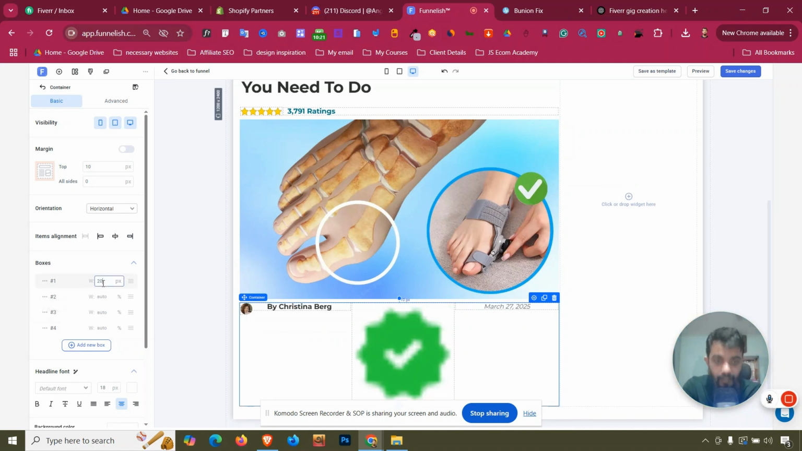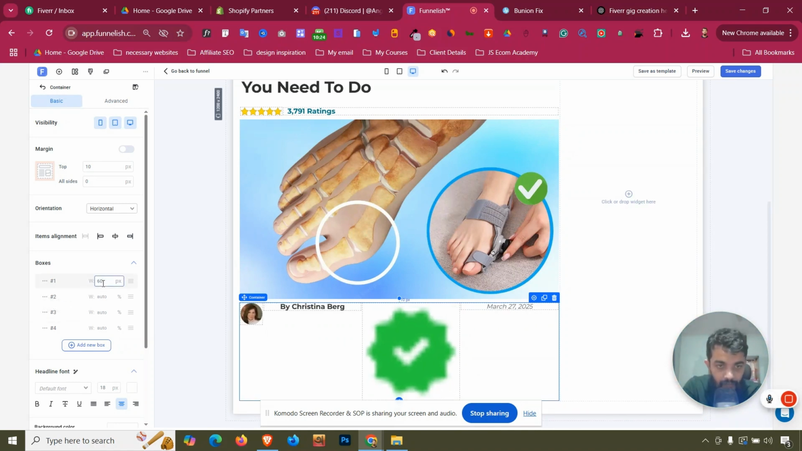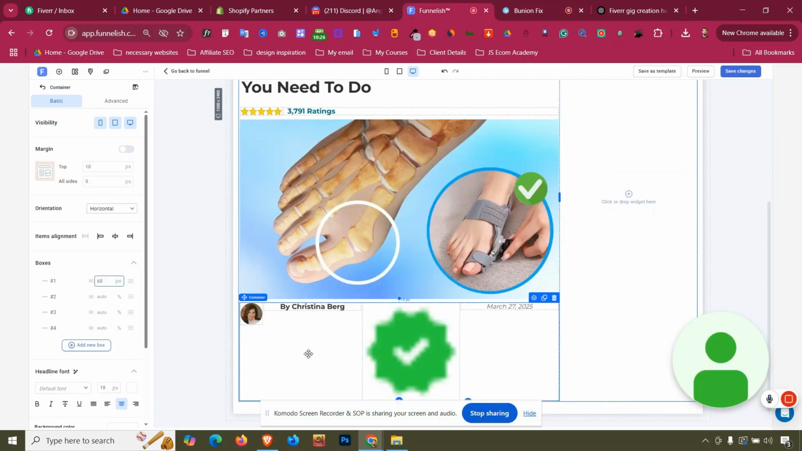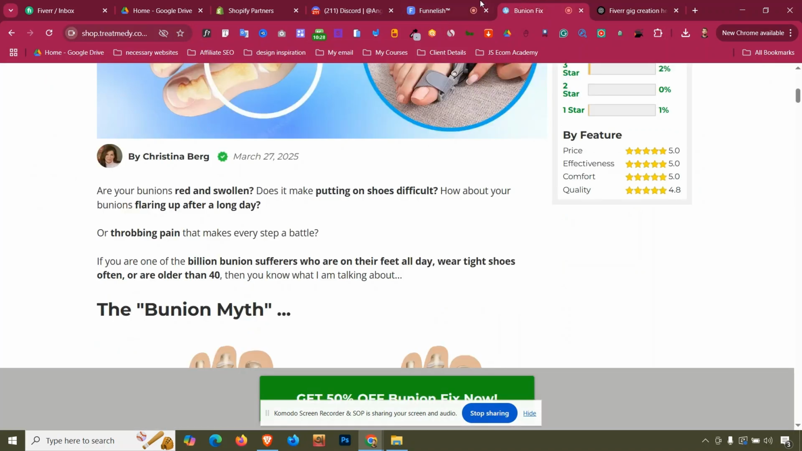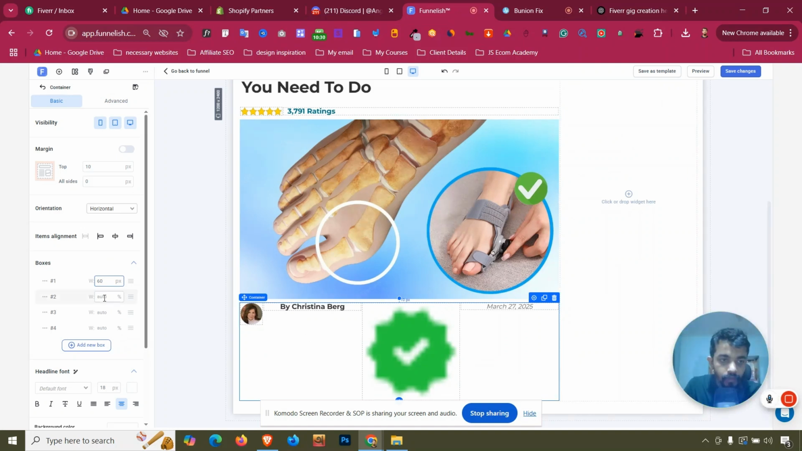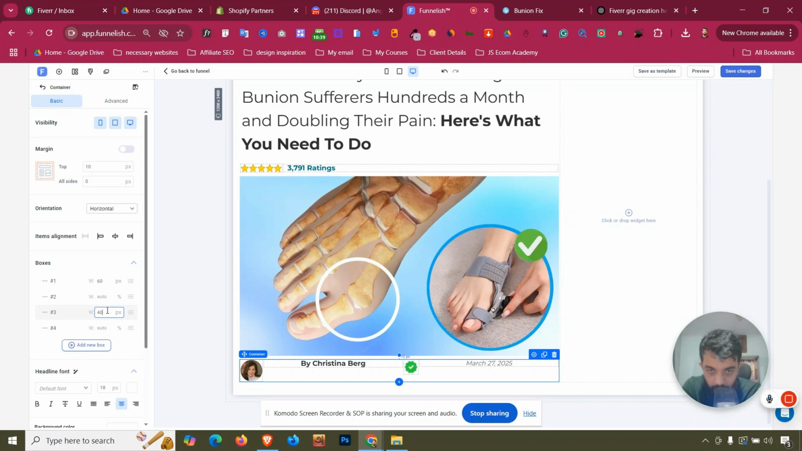Now let's make it not 10, like maybe 60. Yes, 60 will be good. And the second one, now let's make this fixed width as well, like 30 pixel. And also let's make this set fixed width as well, like 80 pixel or whatever looks good, like